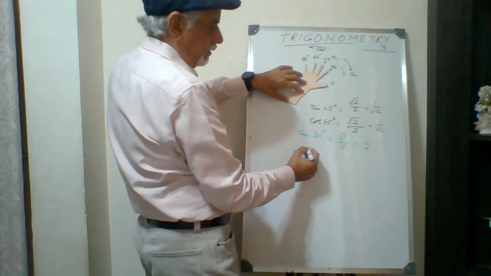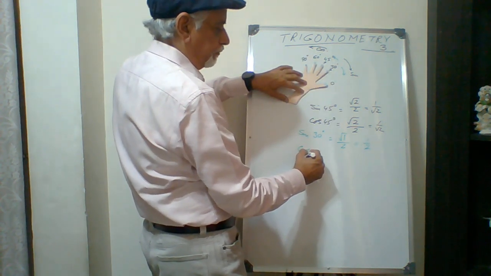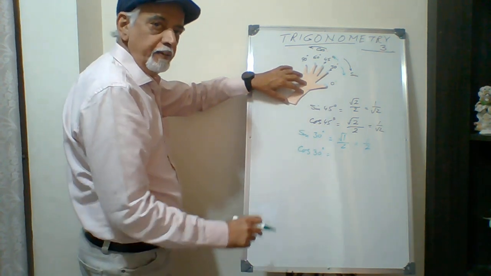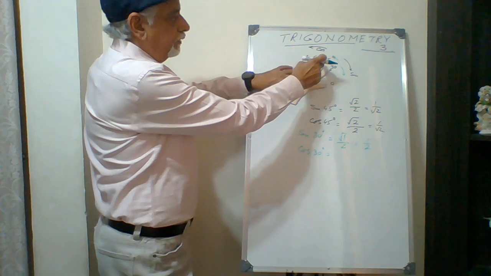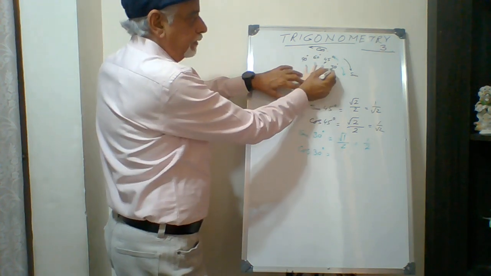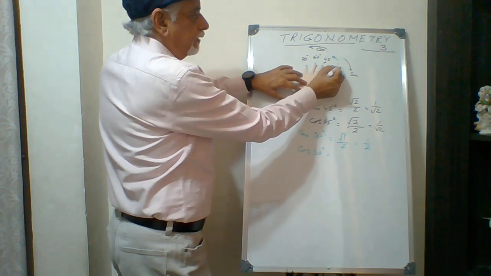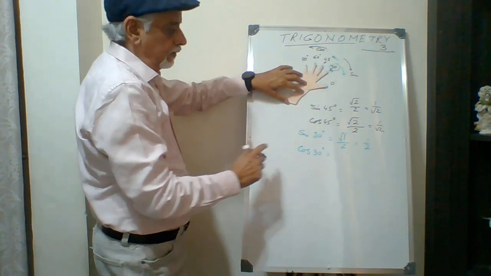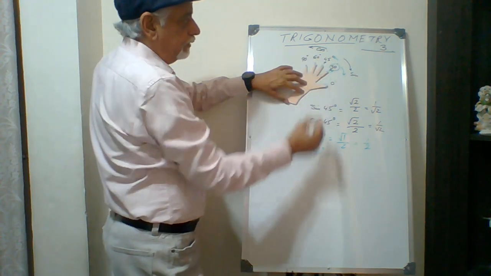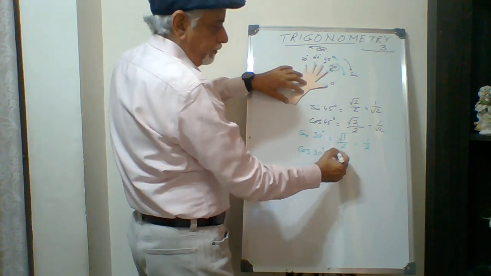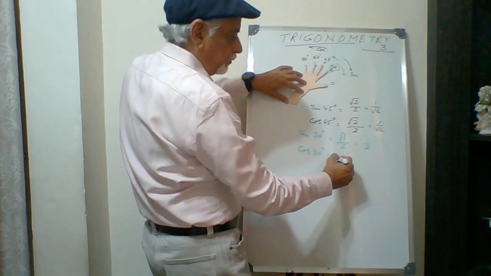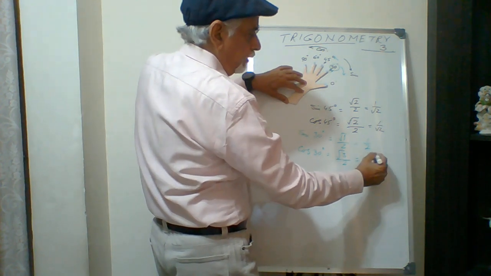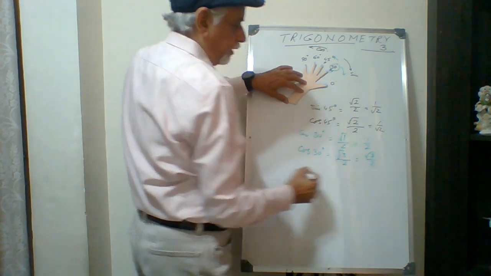Similarly, on the other side, to find the value for cos, I write cos of 30 degree, and how many fingers are there? Now 1, 2, 3 fingers are there, because now I have picked up this as the index finger. So cos of 30 has got 3 on the anti-clockwise direction or the left side. So root 3 and again divide by 2, root 3 by 2 is the value for cos.